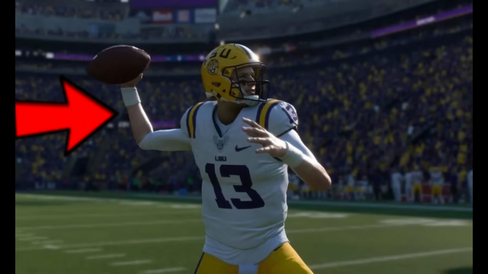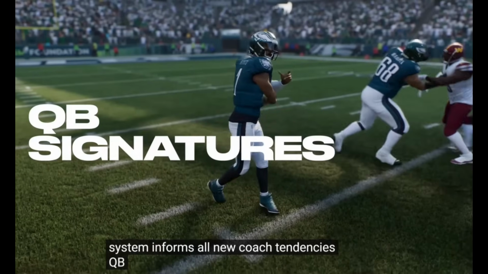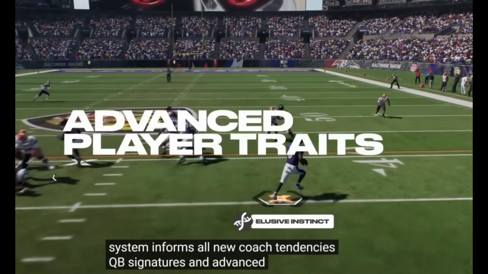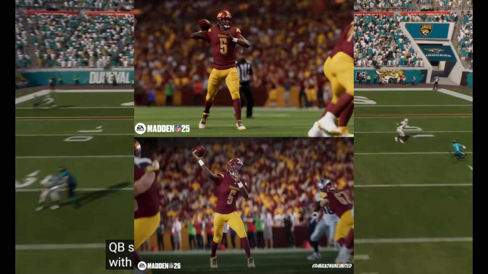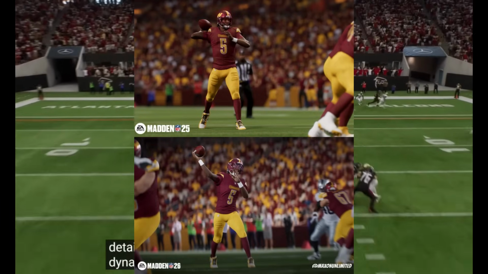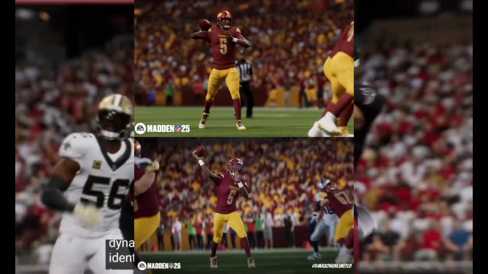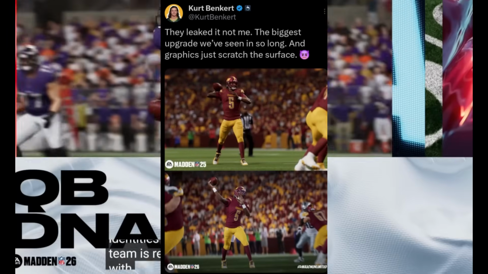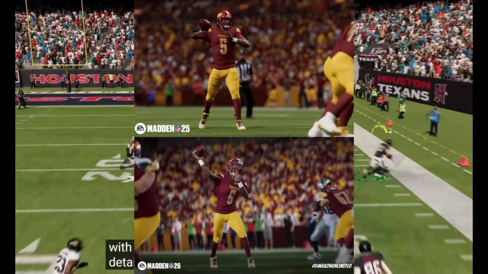Now, yesterday I put out a video talking about how a lot of information was being leaked by the EA creative director and Scott O'Gallagher about some of the new quarterback mechanics and some of the new features when it comes to quarterbacks specifically in Madden 26 and College Football 26. And it wasn't too long after that this image here was making the rounds, semi-viral in the Madden community, as it was originally shared by someone named Maxon Unlimited, not someone I'm necessarily familiar with, but I later saw this shared by several creators that I follow, including Kurt Benkert. All of these creators said the same thing, it basically shows the difference between Madden 25 and Madden 26